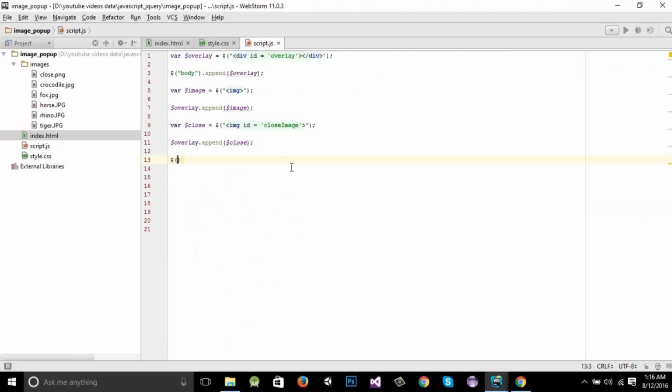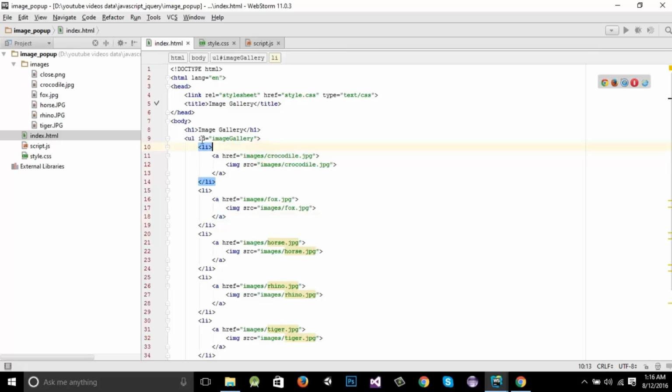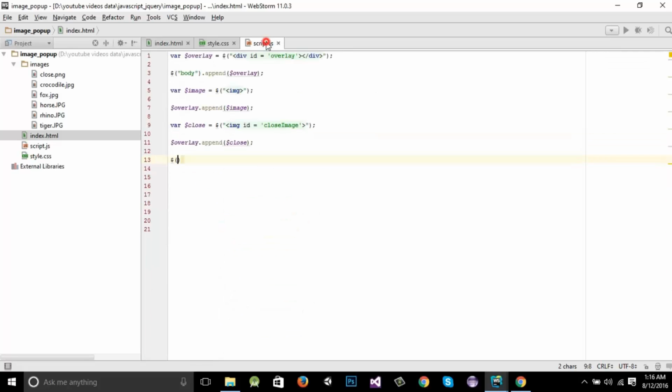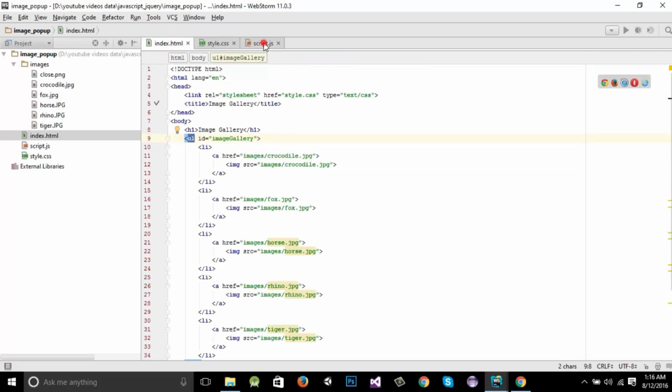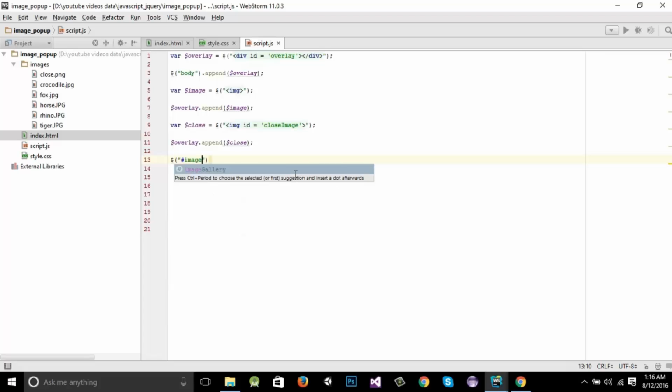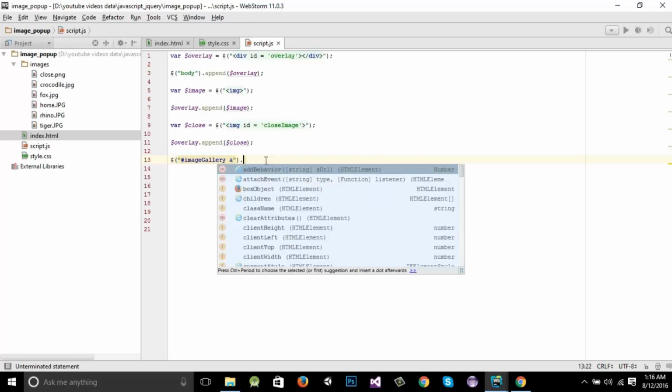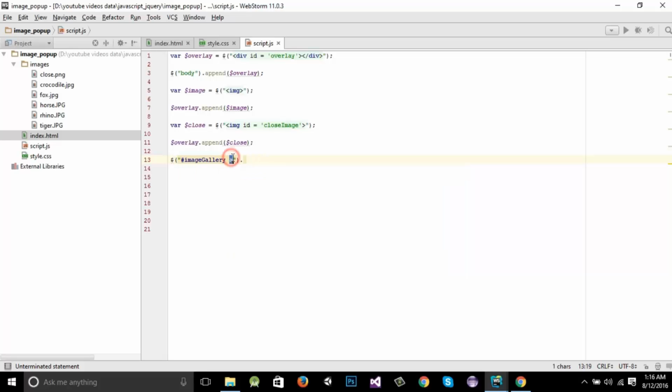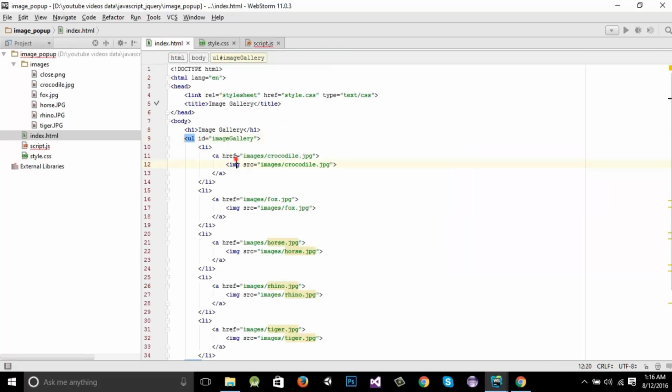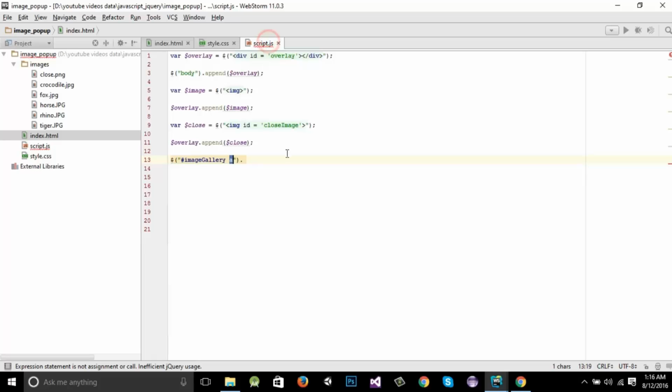First we can select this UL tag, either directly with UL or with its ID image gallery. So we have selected this. Now we need to select anchor tag inside this image gallery, and if any of the anchor tag inside this image gallery is clicked,